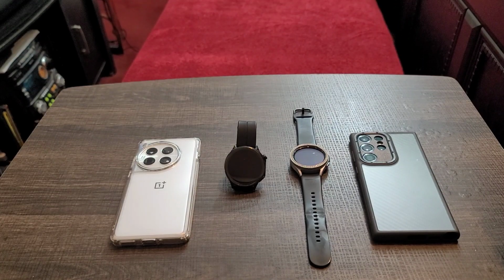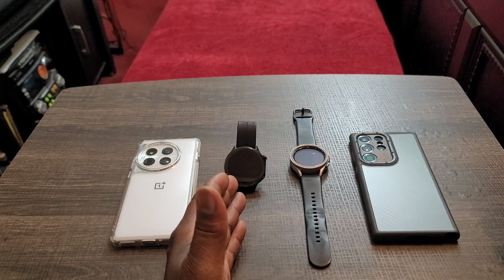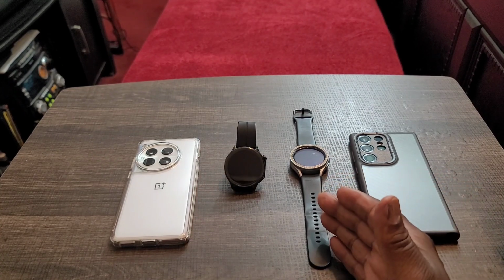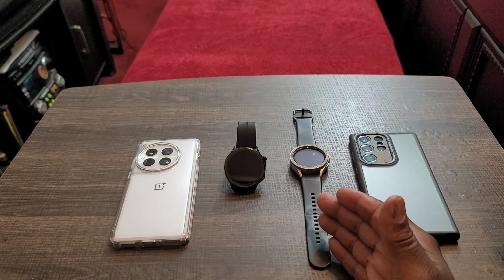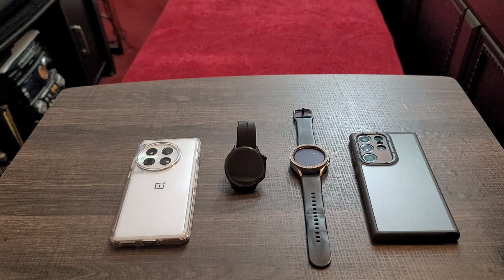What smartphone and smartwatch combination should you go with? Now, I'm only using these two examples here. You've got the OnePlus 12 and the OnePlus Watch 2, and the S23 Ultra and the Samsung Watch 4 Classic. Which one is the best combination? Well, I'll tell you that at the end of the video for me, but let's check out the good and